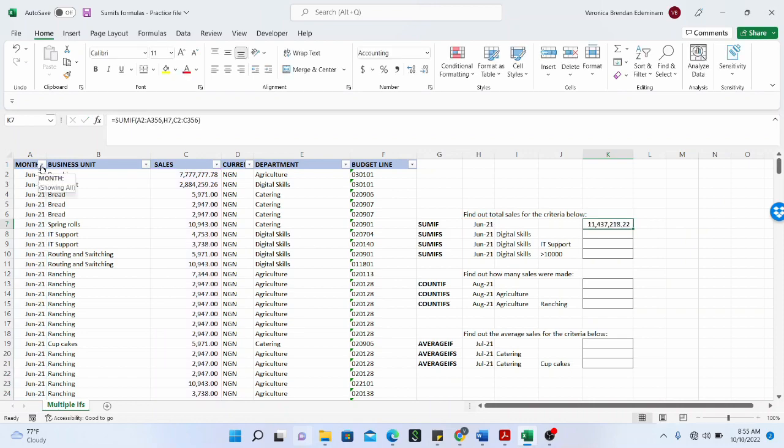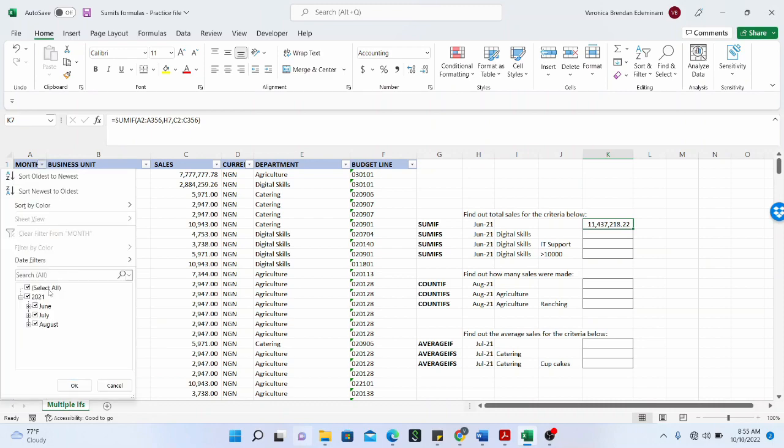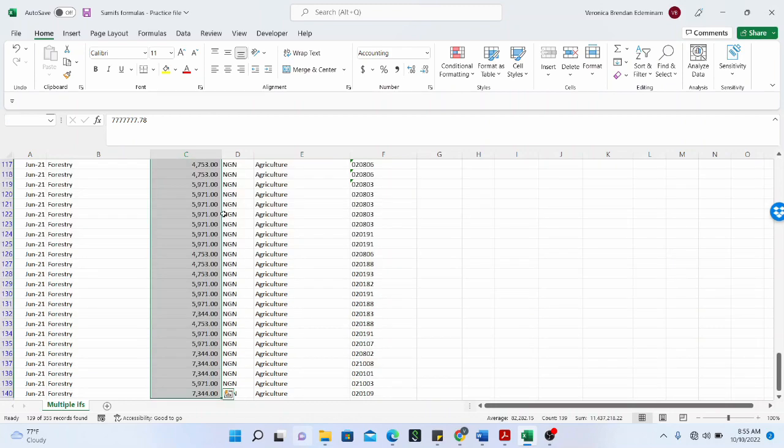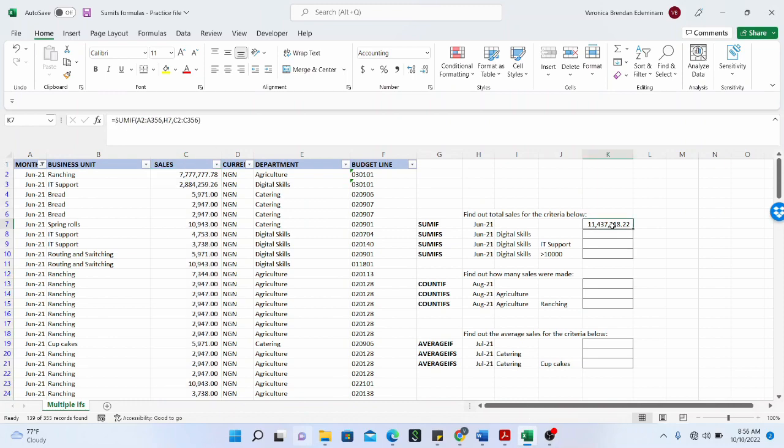If we just want to do a quick check, I am going to sort and select only the month of June, and add only the June sales, and this is what I have at the bottom right of the screen: 11,437,218.22, which is exactly what I have here. The usefulness of functions is to make life easy for us, so that you do not have to do the sorting just like I have just done. Sorting for a single criteria might be easy to do,